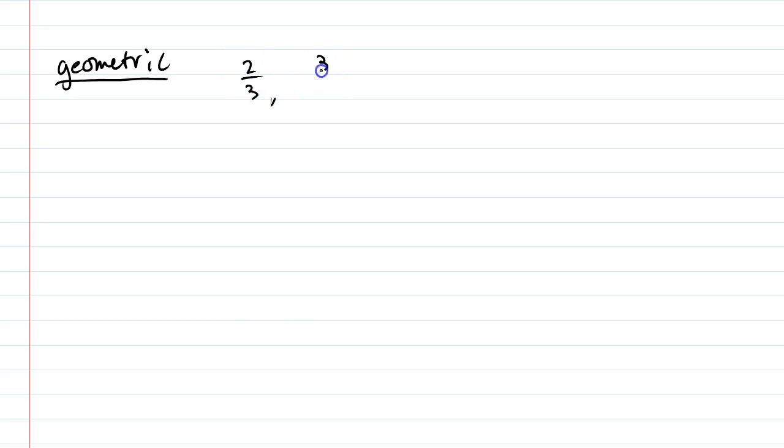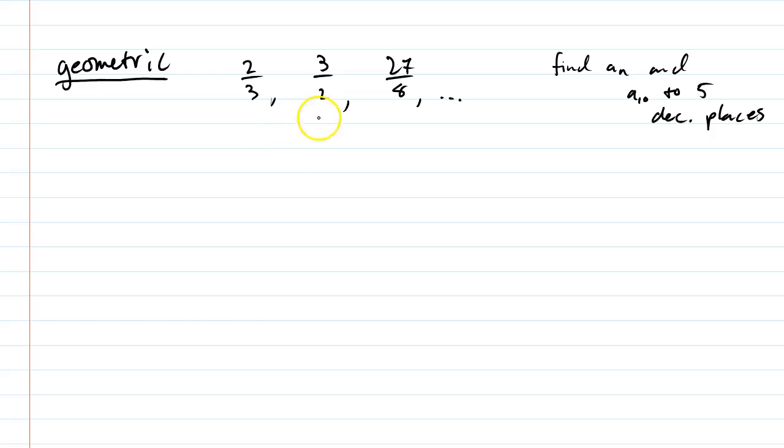So I'm giving you a particularly scary looking sequence. Now from the way it's written here, it's kind of hard to see that it's geometric. The directions will say like find a sub n and a sub 10 to 5 decimal places. Alright, so like I said before, if you're having trouble seeing what you multiply this to get that, you could